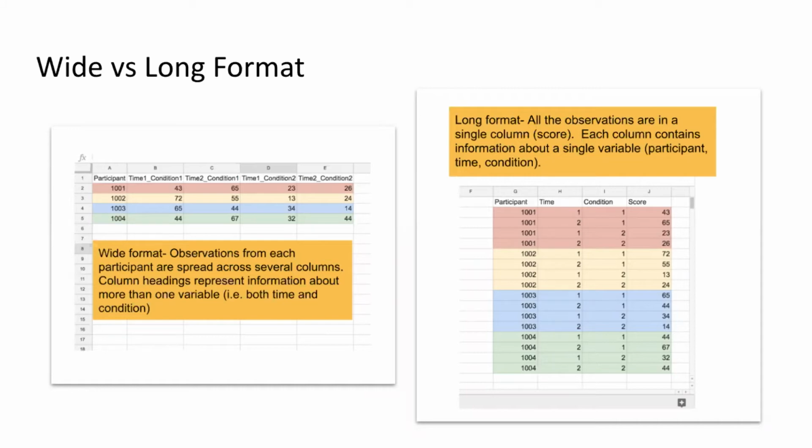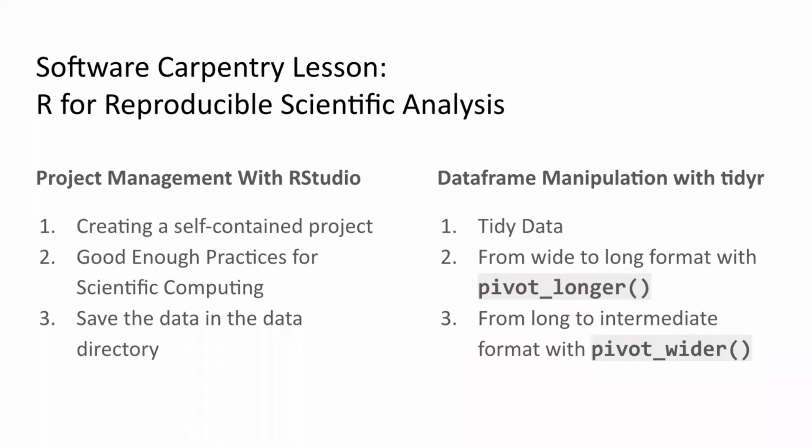So in the remainder of this webinar, we are going to work through an R tutorial to help you efficiently transform your data shape regardless of what that original format is. All right, so today we will work through parts of this Software Carpentry lesson, R for Reproducible Scientific Analysis. Of course, in 50 minutes or so, we can only focus on one aspect of this full lesson, but these materials are freely available to you, so you can go back and work through everything on your own.